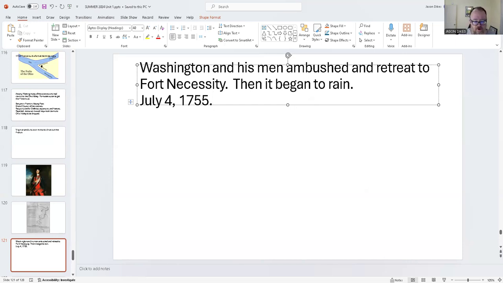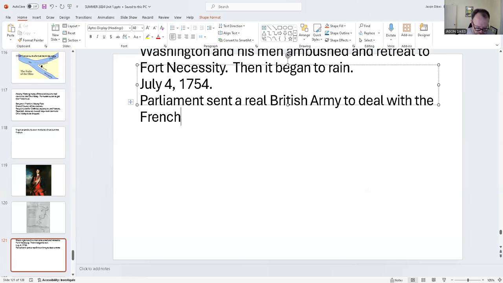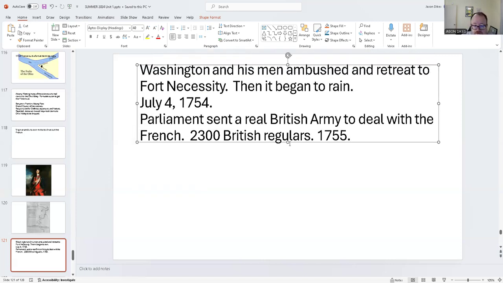Britain heard about this, Parliament, and so Parliament sent, sorry, I got the year wrong on this, 1754. So Parliament sent a real British army to deal with the French. About 2,300 British regulars. This is 1755. All right, so obviously these colonials don't know what they're doing, so we're going to send a real army out there. Well,